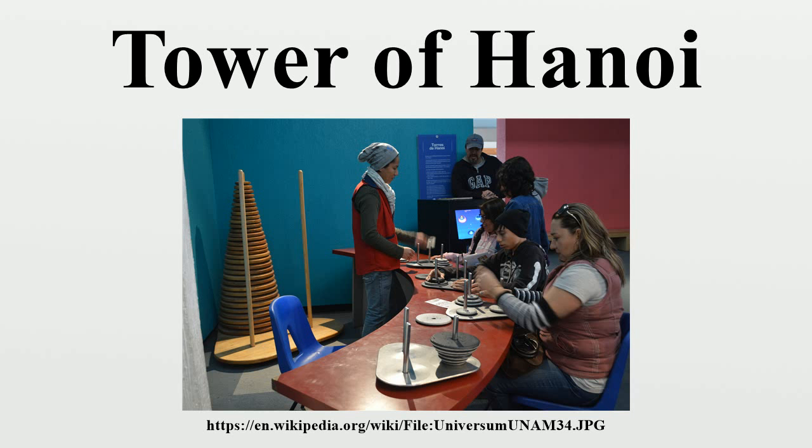Step 1. If H is greater than 1, then first use this procedure to move the H-1 smaller disks from peg A to peg B. Step 2. Now the largest disk, i.e., disk H-1, can be moved from peg A to peg C. Step 3. If H is greater than 1, then again use this procedure to move the H-1 smaller disks from peg